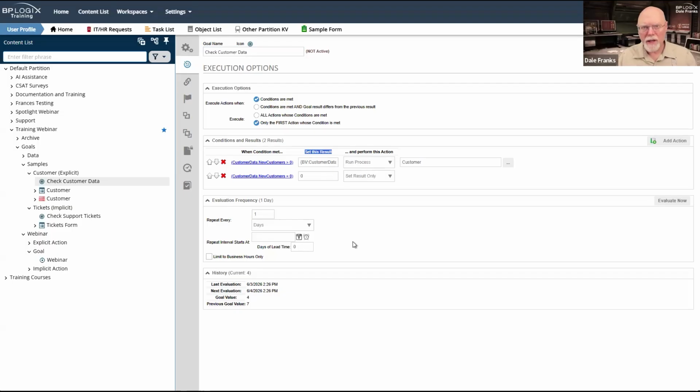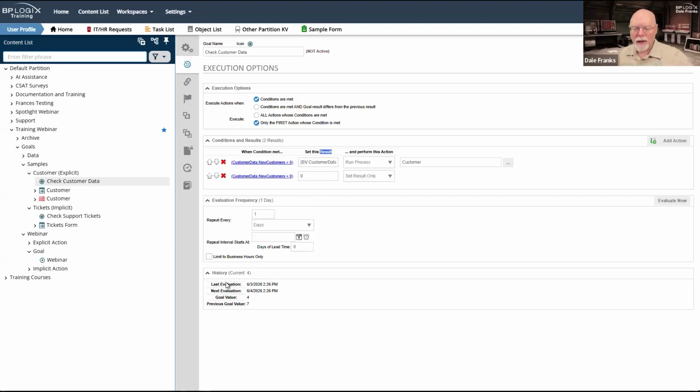A goal's result is a universal value that is accessible from anywhere in the system via a sysvar, and the sysvar is just goal : goal name. It will always return the value that is set by a goal. No matter what you're doing with the goal, you're probably going to want to set a result and not leave the result blank. You'll always have the option to set a result, and you should always do so. You should never set it to be blank.